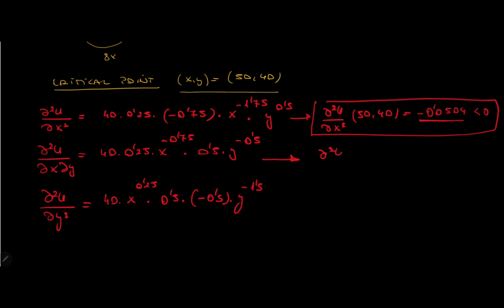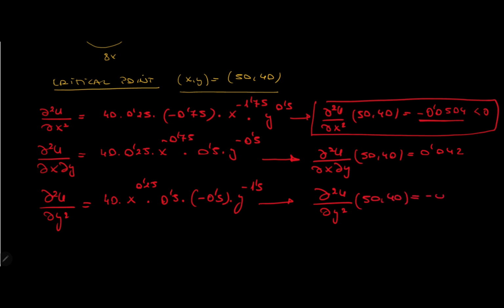And now the x and y partial derivative, when substituted at 50, 40, we get 0.042, and now for y twice, we get minus